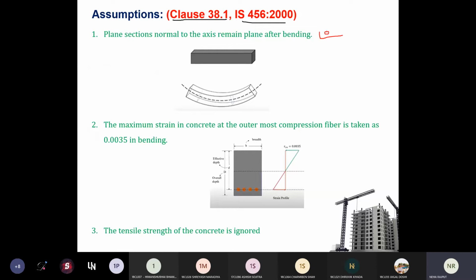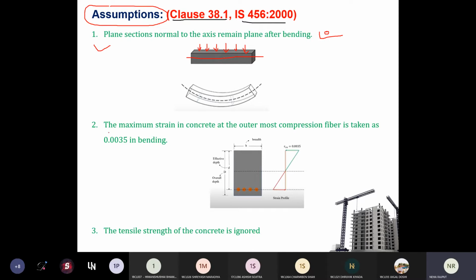Now this assumption you have seen in your bending stresses topic, also in strength of material or SA1, where we are considering that whatever the loads are acting on the structure or on the beam, the plane of this beam will remain plane before the loading and after the loading also. As this is an assumption, we are not claiming that all these assumptions are correct, right? But we are assuming this so that we can go further with the analysis and the design part. So that is the first assumption.